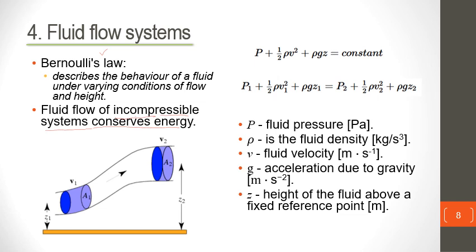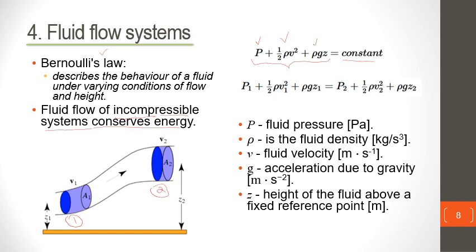So what Bernoulli's law simply says is that the energy by virtue of pressure difference, plus the energy by virtue of movement, which is kinetic energy, plus the energy by virtue of the height above the ground, or the potential energy of a fluid, remains constant as it flows. So it's a conservation of energy law. If we have 2 points, say point number 1 and point number 2, in a pipe, as the fluid flows, what Bernoulli's law simply says is that